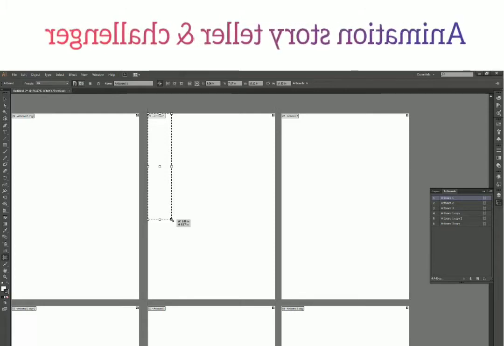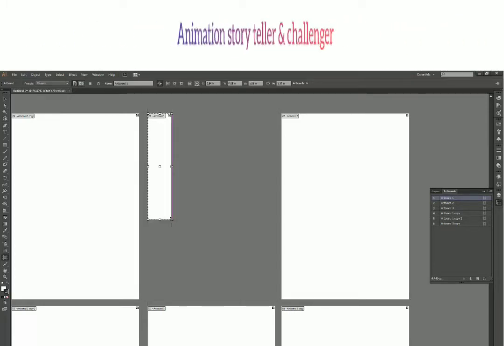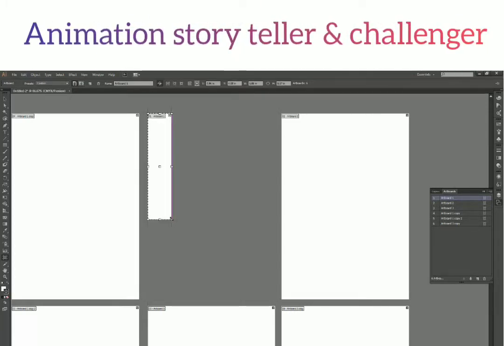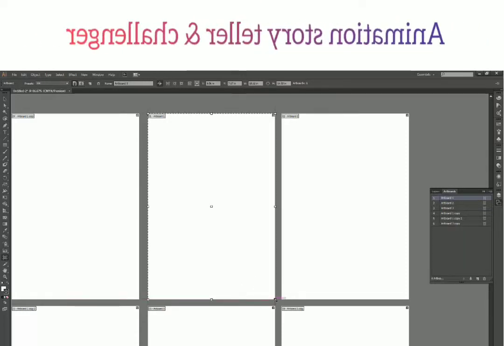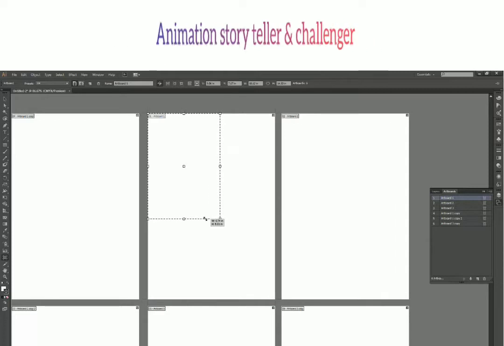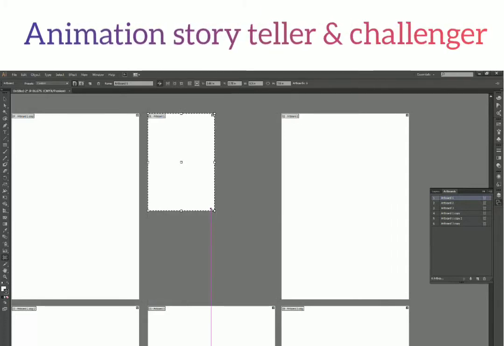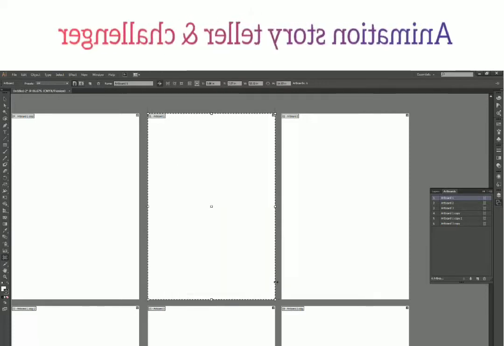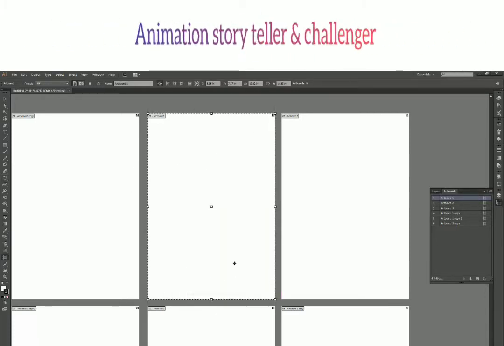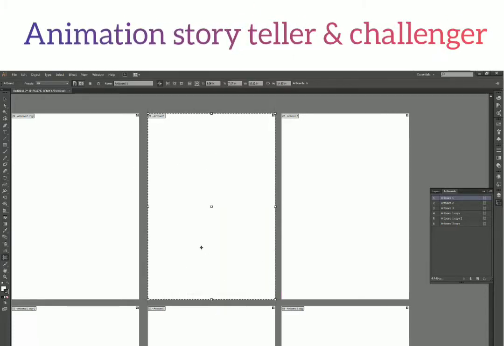At this moment, if I release my mouse, then I don't have a proportionate resizing. So I have to release my mouse click first and then release the Shift key. That's how it will work. Okay, so that's all with the navigation and scaling options.